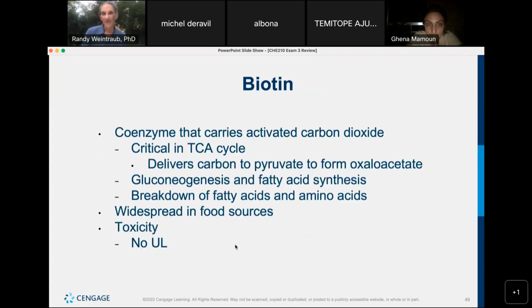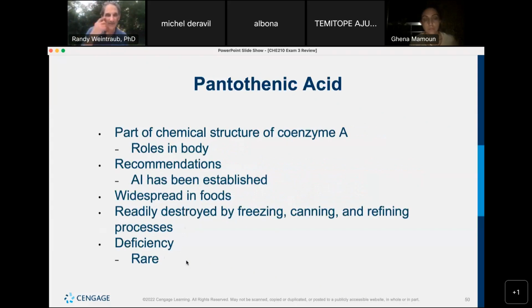And biotin, you see that it's critical in the TCA cycle. So again, energy. It also has some other roles, a little more expanded: gluconeogenesis. If you remember, if we run out of glycogen, we run out of glucose, we can sometimes manufacture a certain amount of glucose, and thus the name gluconeogenesis, from other substrates like the backbone from glycerol or from some of the proteins, amino acids rather. Okay, so that's biotin. Sometimes biotin is taken as a supplement for healthy nails and hair, or to stimulate